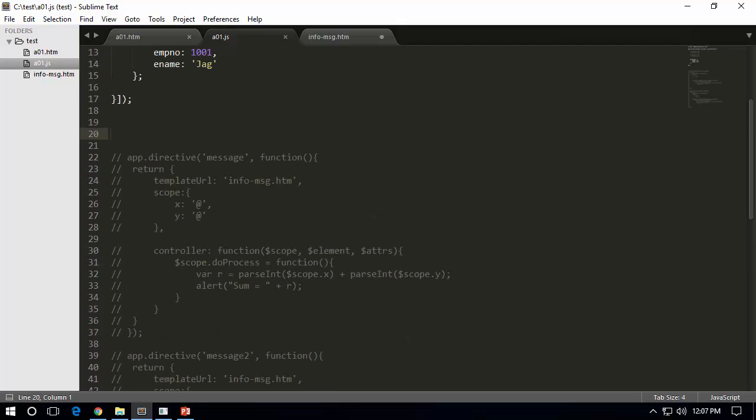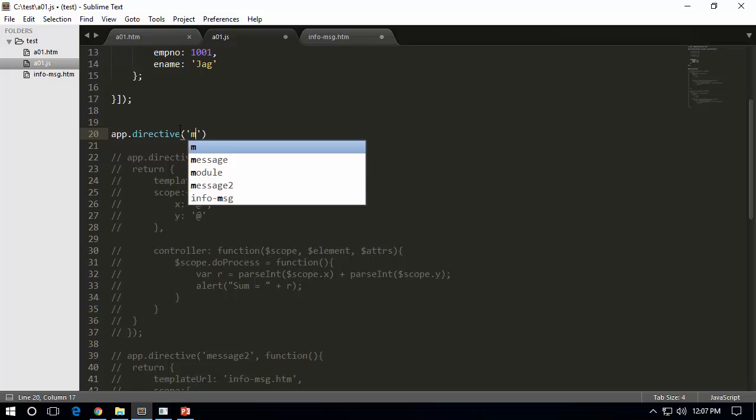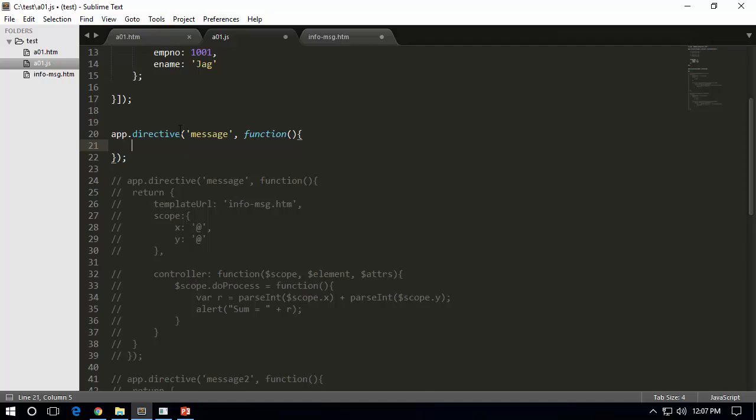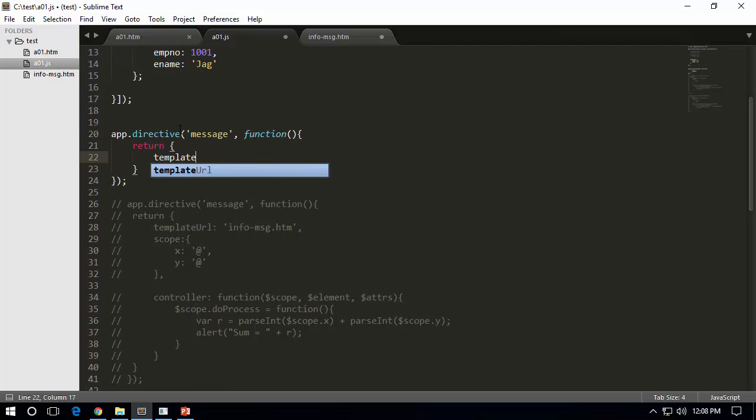As part of this directive, I would like to say something like app.directive, and I'm going to say message, and as part of this one, I'm going to say return my template info message.html. So this is my template here,